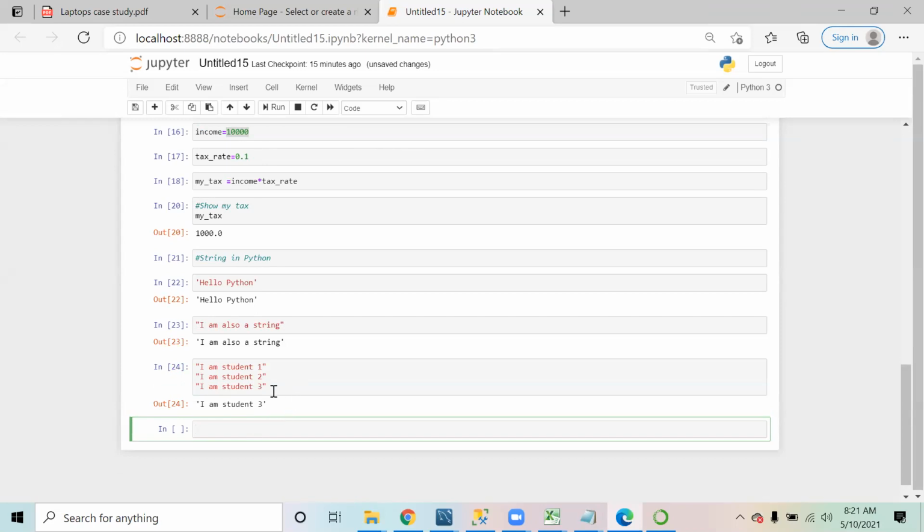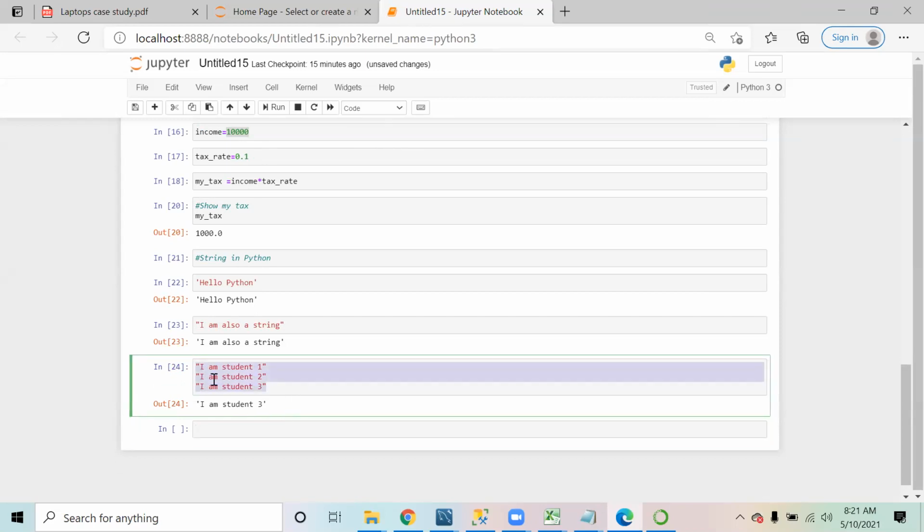See, when I executed this, I have only got the final one in the output. I haven't got all three, right? So you have to be a little careful here. If you have to print multiple string values, you will have to use the print command. Print is the command we use to generate output.